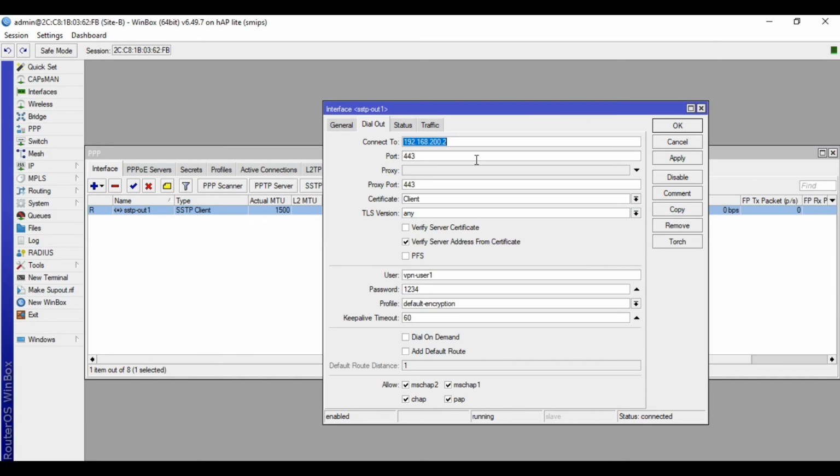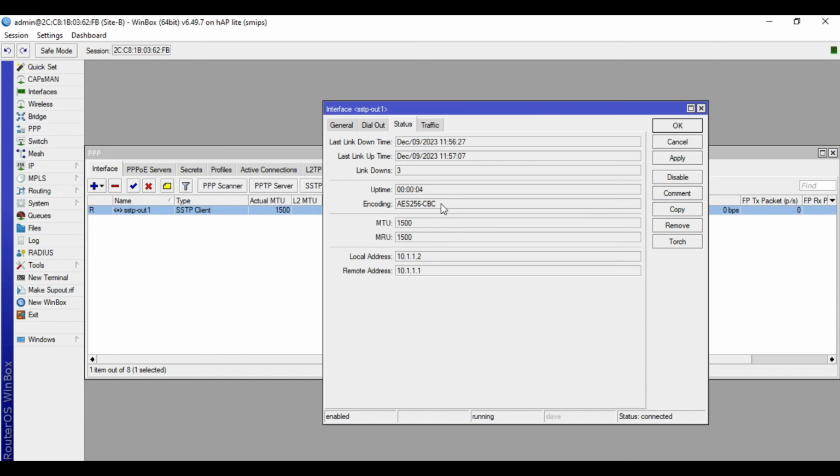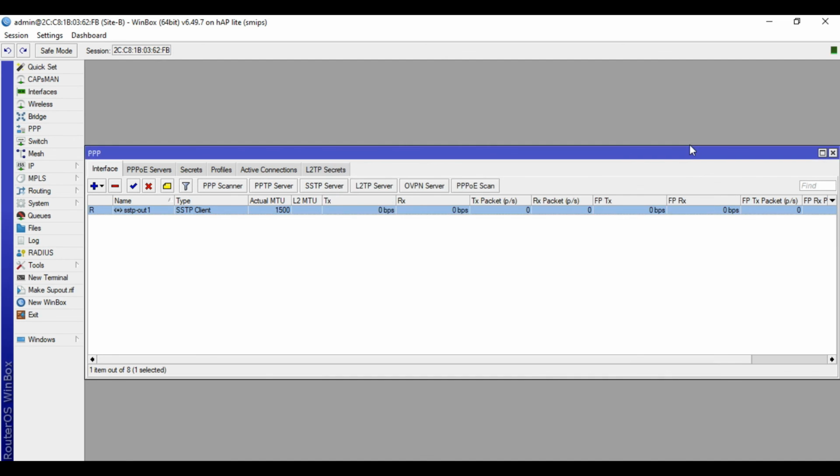Then when I double click that one and go to status, you will see here that the encoding is now changed to AES. Because in the site A VPN server setting, we force that the encoding is AES. We now connected successfully the both sites.